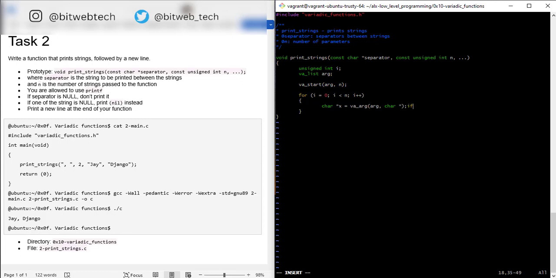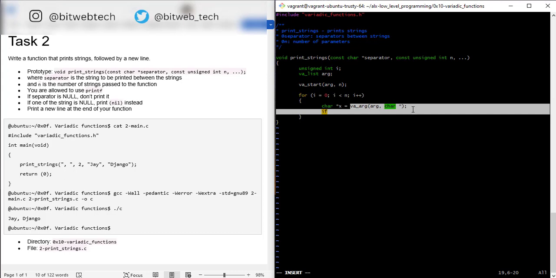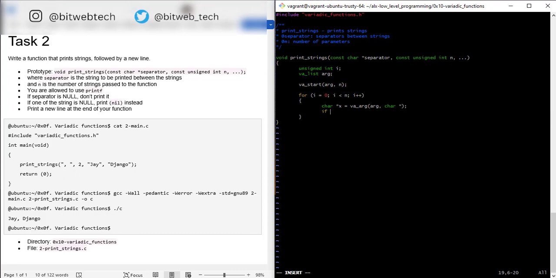So now I need to check what if var arg here fetches a null? What if var arg fetches a null? As you can see here, it says if one of the strings is null, print nil instead. So I need to consider the condition. If var arg was able to get something that is a null, what should we do? So I'll just say if x, because x is now holding whatever var arg is going to return, if x is equals to null,